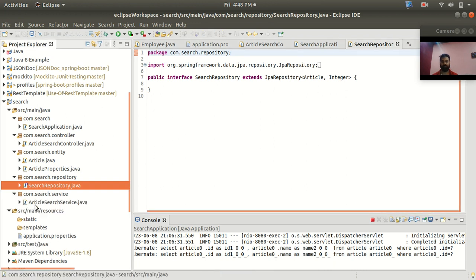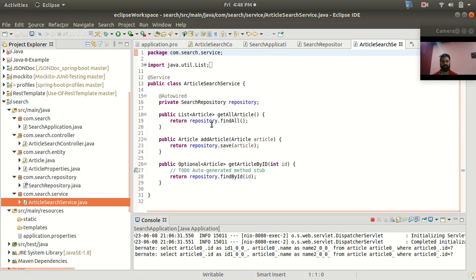We also have one service class, the article service class, in which we have defined methods like the find all method, save method, and find by id method. Okay, so now we are going to see how we can read